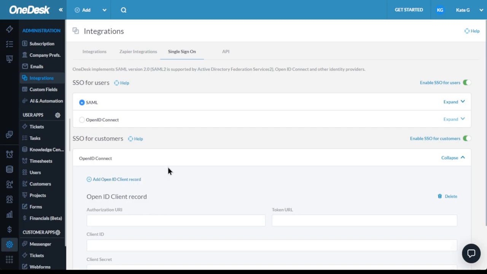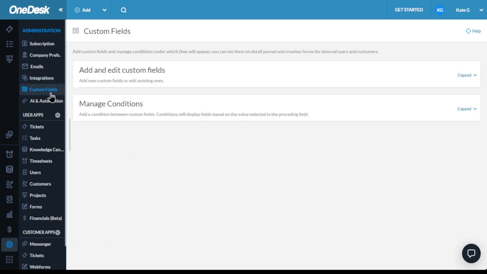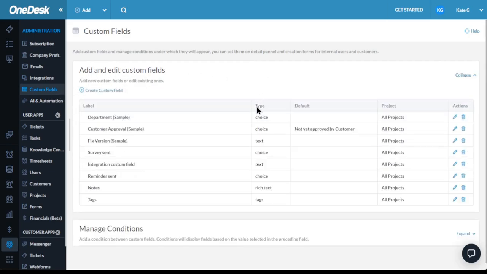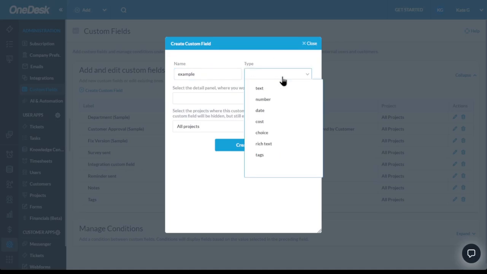If you are a developer, we also have an API available. Next are custom fields. Custom fields can be added to many things in your account, such as tickets, tasks, or customer profiles. Custom fields allow you to capture information specific to your needs.